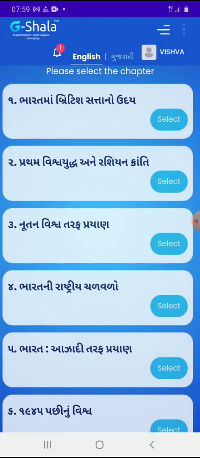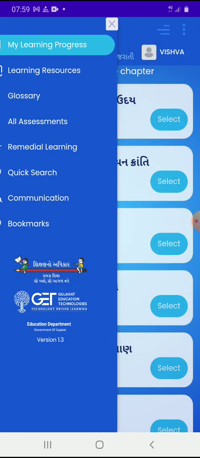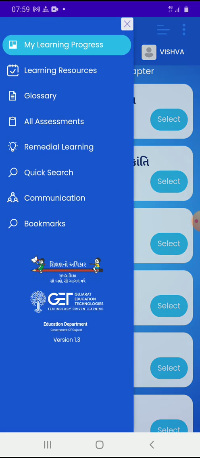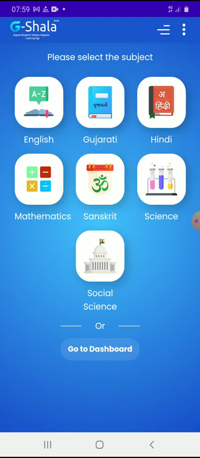Plus students, you see your name is also available, so you can check various options. Click on these three lines on the right corner and you can work out learning resources, glossary and all.